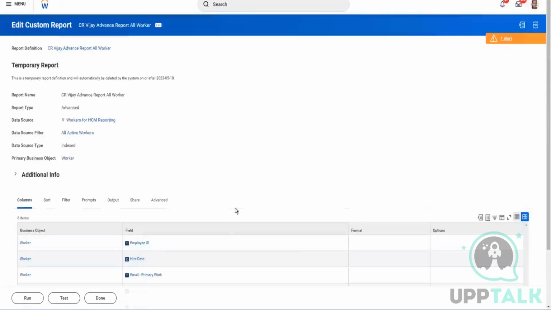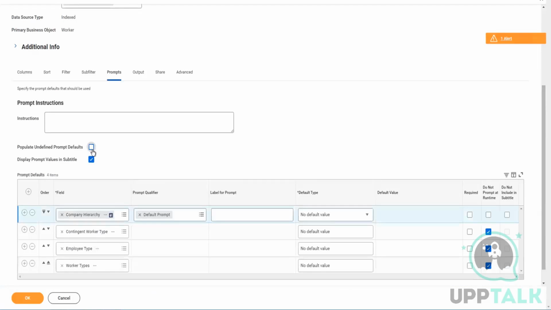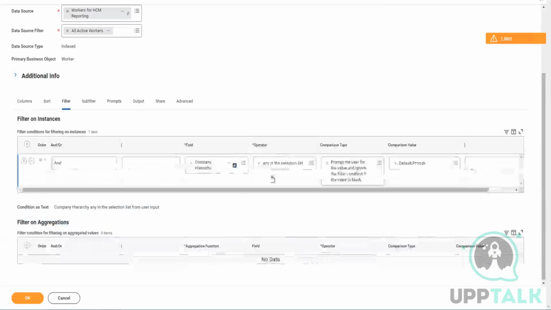I think Workday has changed something. If I just click it here, my prompt is here. So it used to come actually. We entered the filter, and instead of comparing here itself, we have allowed it to make it from a prompts